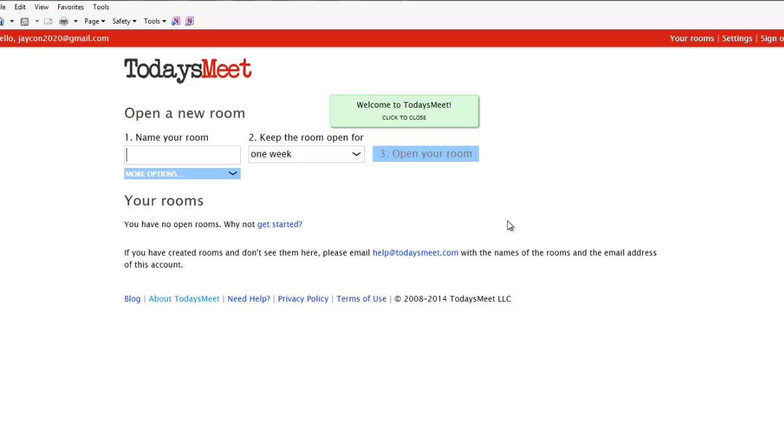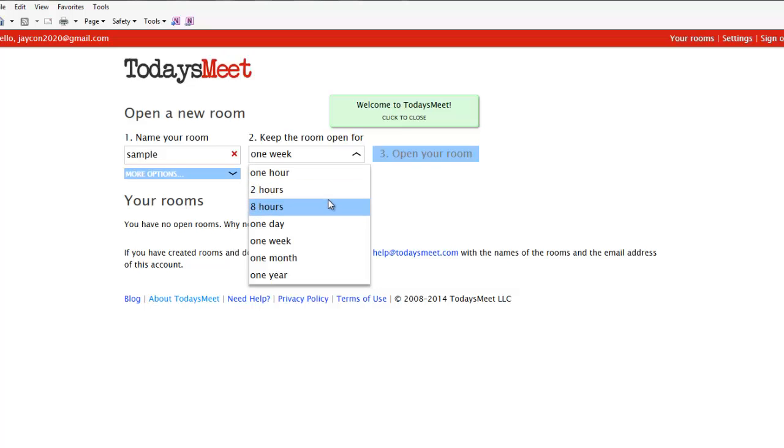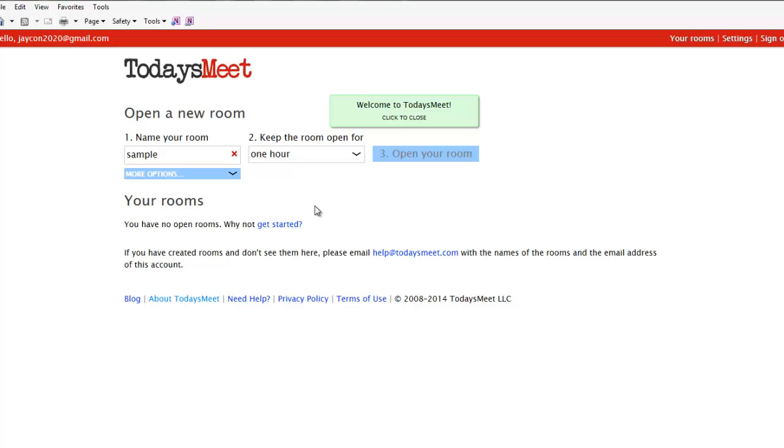of the website, and so I'm just going to put sample, and then if you look, the duration for how long you can keep the room open defaults to 1 day, but it can be any length of time here. I'm going to go ahead and put 1 hour. If you are doing just a one-time use and you know the time that you will need the TodaysMeet resource, go ahead and put that time frame in. And then we're going to open the room, and then